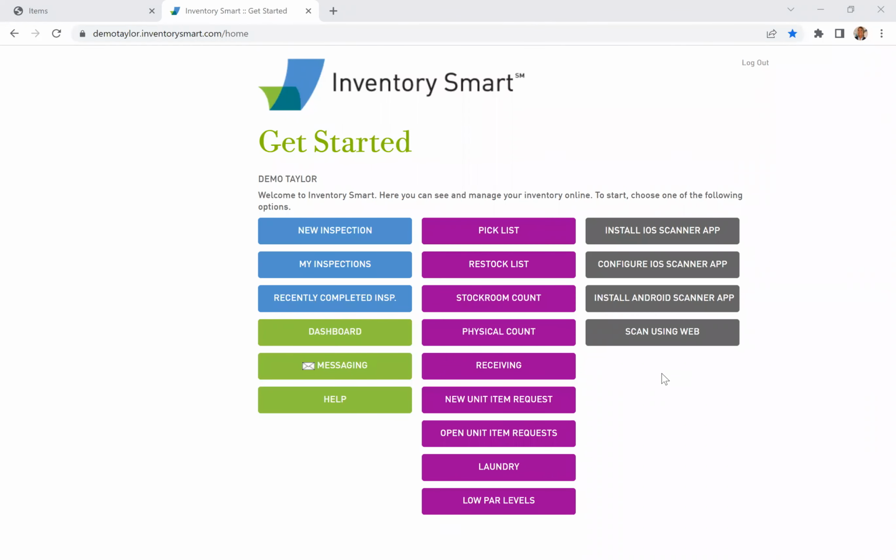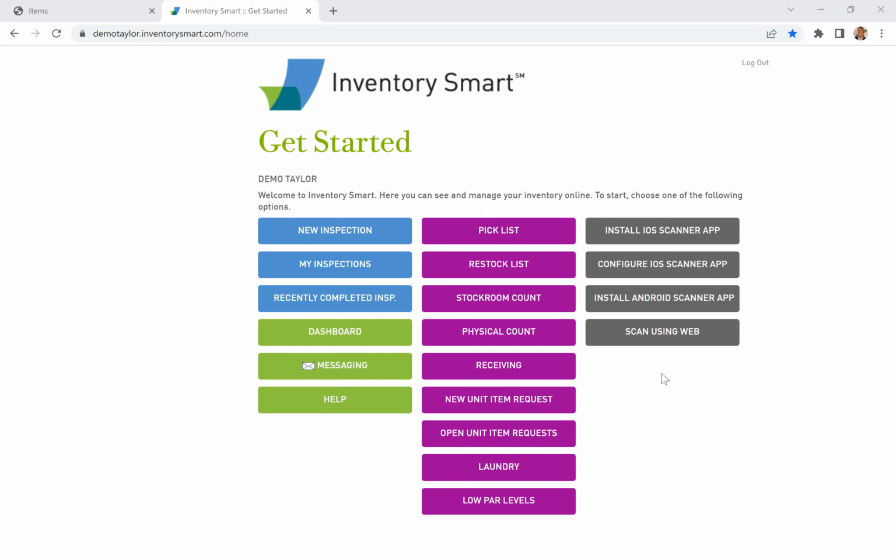Okay. So the item expirations feature can be used to track anything that has an expiration date. A lot of the times those are consumables or food items, drink items, you name it. So if you'd like to add an item expiration date to an item, you first need to indicate that the